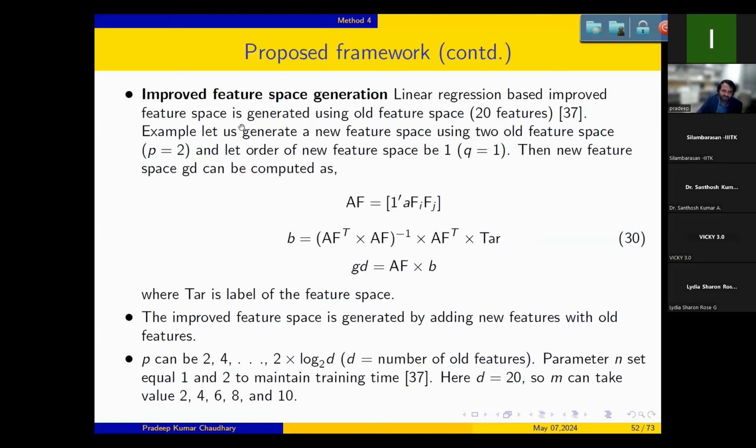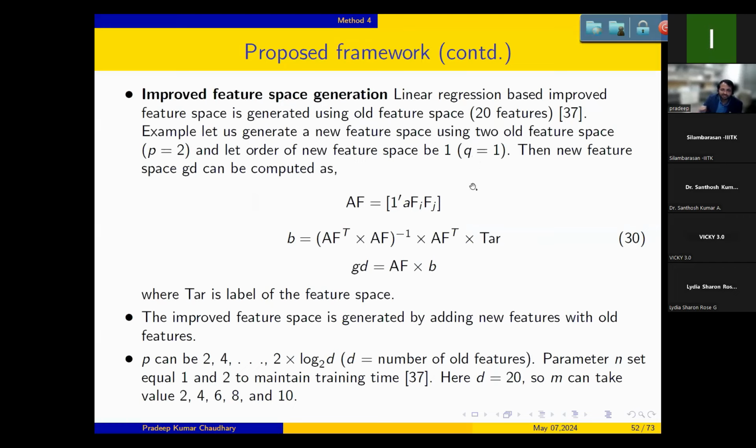This linear regression based approach works on the existing feature space or feature vector. We can use that feature vector and convert it into a higher dimension by adding non-linearity. It uses two parameters called P and Q. P is how many old features you are using to generate a new feature, and Q is